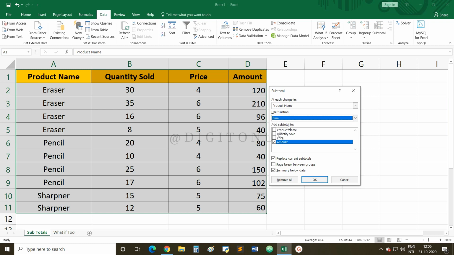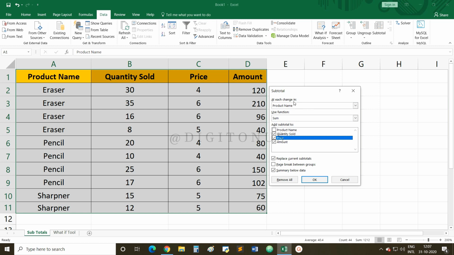Now, Add subtotal to means which subtotal you want: the subtotal of quantity sold, price, or total amount. I have selected all three. It is up to you which columns you want to select.